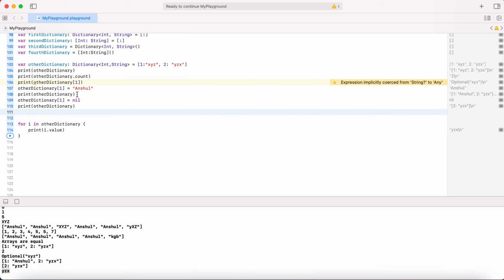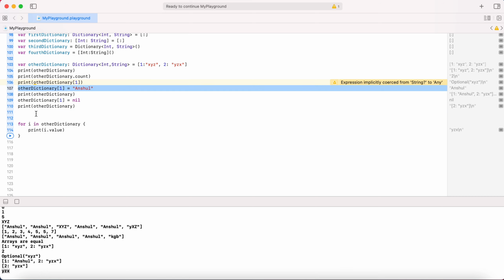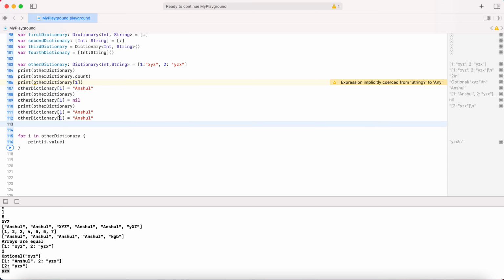Now what I'm going to do is do this thing again with 3, and I am adding one more value, which is going to replace the 2 with qwerty. This will replace the value of the key 2.